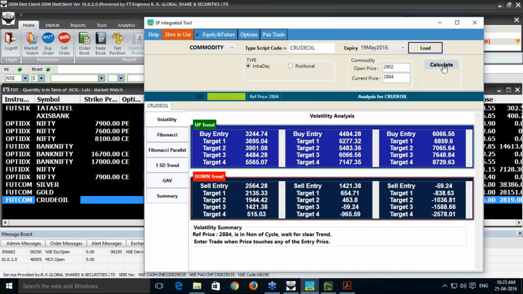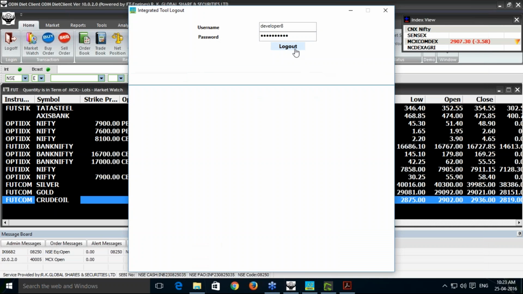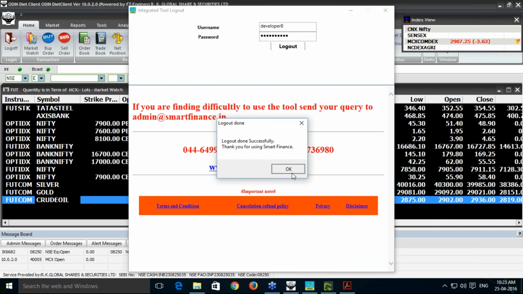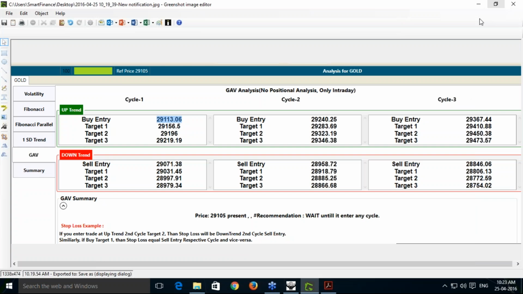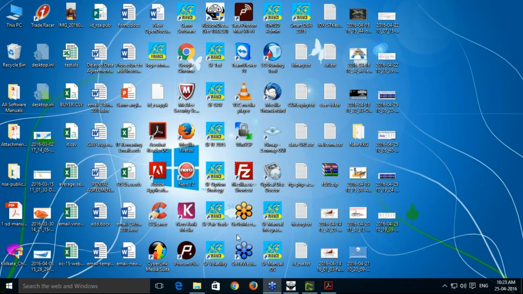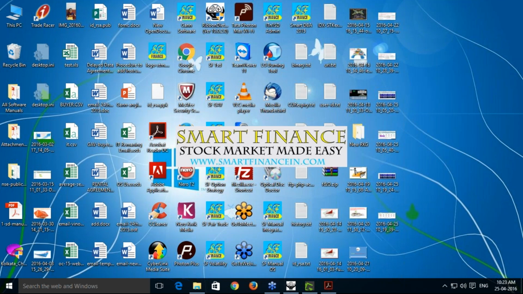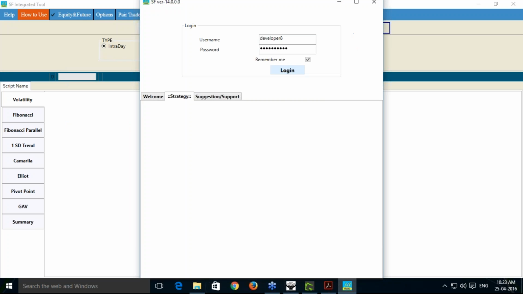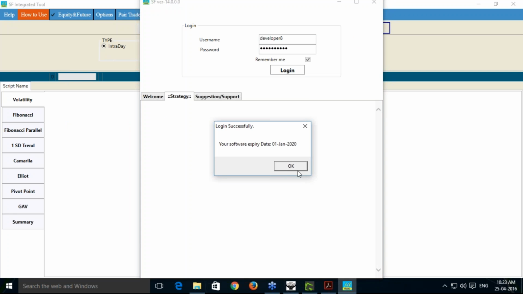2884. I think I am getting some wrong result here. 2884, and I am not